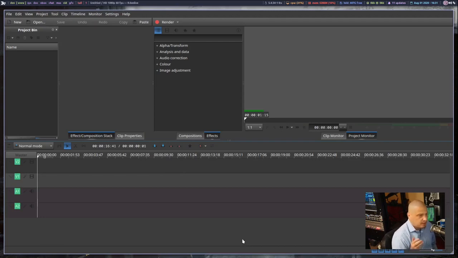When you first launch it, it's pretty bare, right? There's not much going on. You have a project bin, and the project bin is where all the videos and images that you have added to be used in your video would be placed, but of course we haven't added anything. You have a couple of different options of how to add stuff to the project bin. You could click the little movie icon here that says add clip or folder, and then you could navigate through a little directory window and add your images and videos or whatever it is you're working with, audio tracks, or